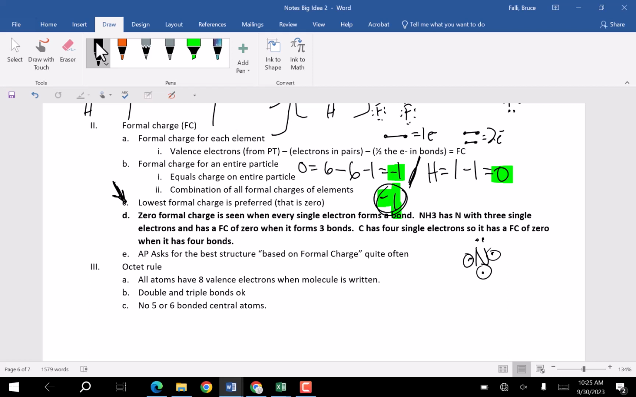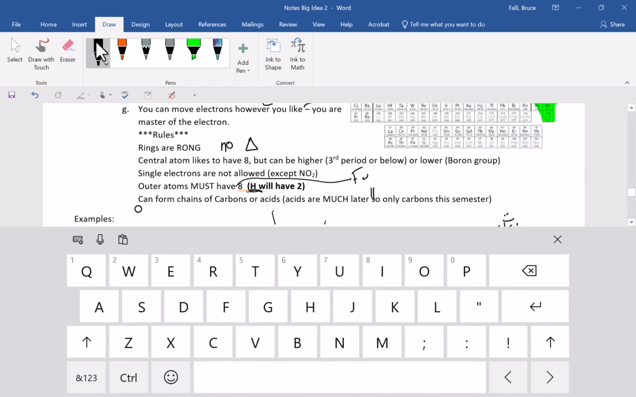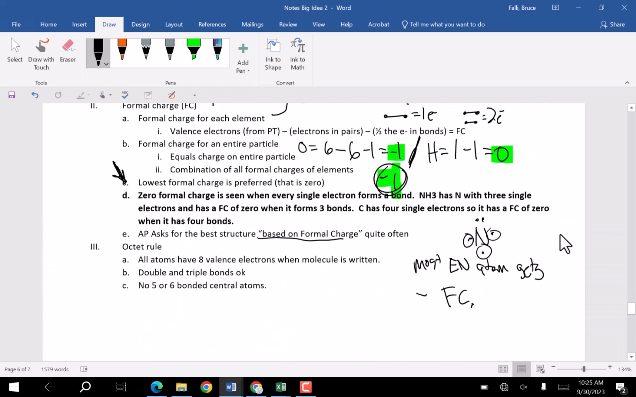Okay. The other thing I wanted to say, what's my other formal charge thing I was going to say? Oh, the most electronegative atom gets the negative formal charge. Okay, so if you're trying to decide which one will work, oxygen's very electronegative. It's very often -1 or -2 from there. All right, AP asks for the best structure based on formal charge, which means that we are going to use